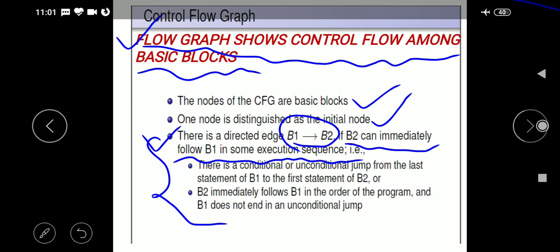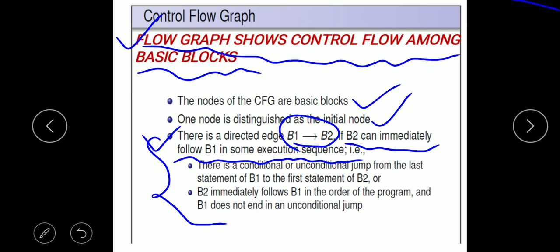It means there would be directed edge from basic block B1 to basic block B2 if B2 immediately follows B1 in some execution sequence. Okay. And what is next one? Next one is this: there is a conditional or unconditional jump from last statement of B1 to the first statement of B2. Okay.